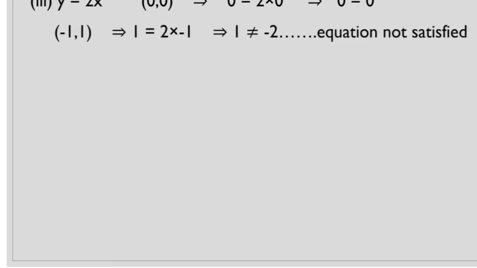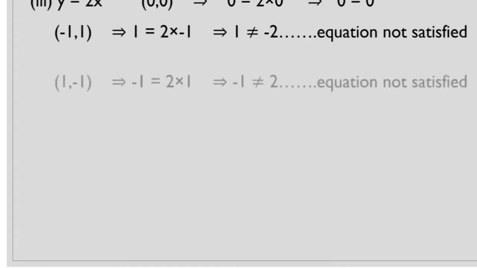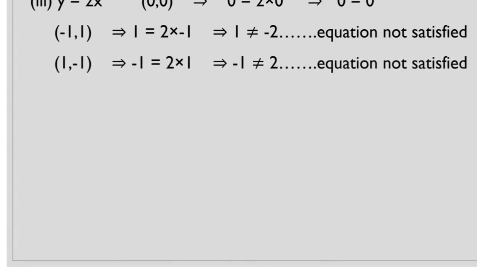Now minus 1 and 1 implies that y is given as 1, so we write 1 equal to 2 into x, that is 2 into minus 1, which we will get as 1 is not equal to minus 2, because we know that these both are not equal. Again, by this pair equation is not satisfied. Then 1 and minus 1, we insert the values in the equation, so we will get minus 1 equal to 2 into 1, which will give minus 1 is not equal to